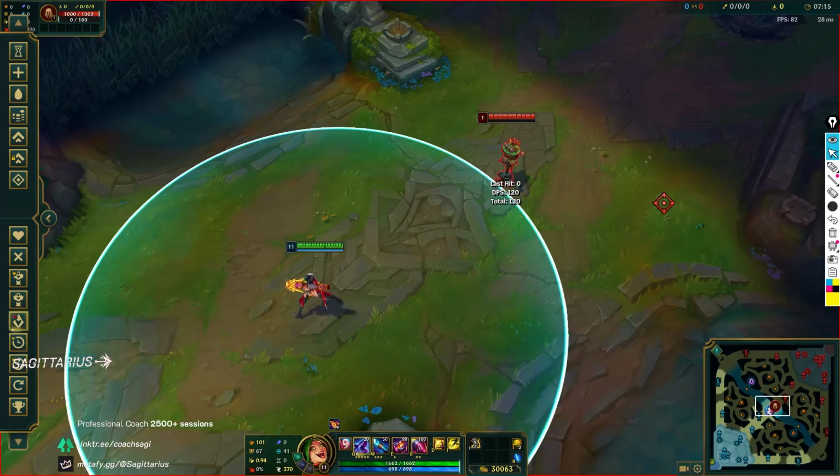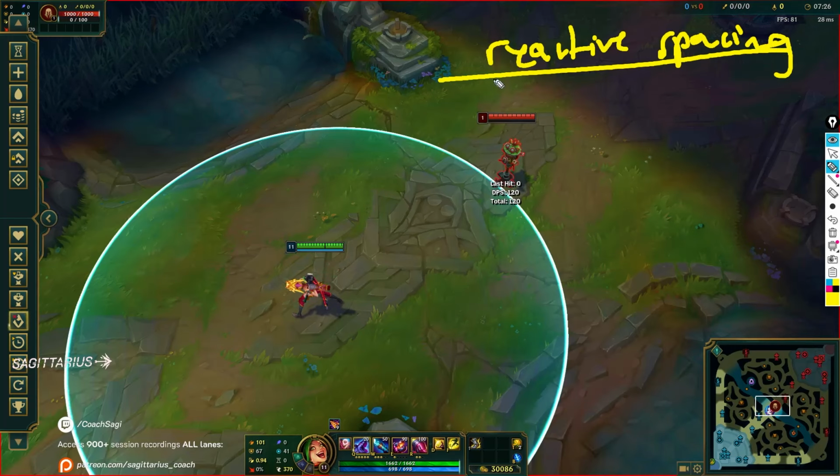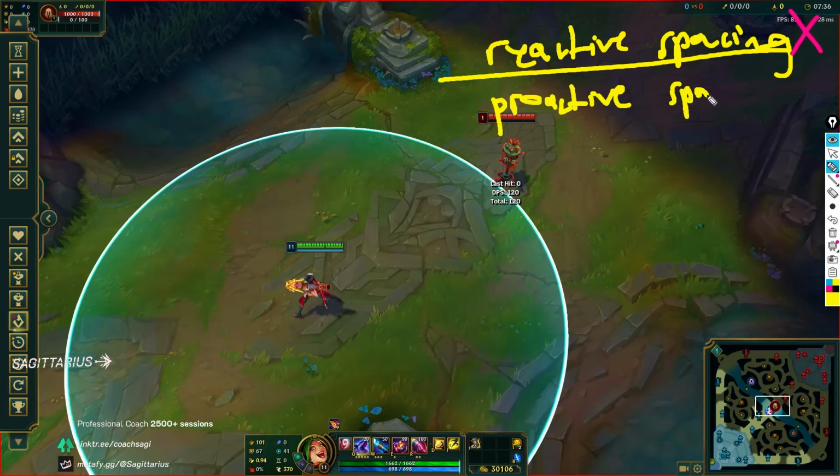So if you react, that's what we call reactive spacing, and that's wrong. Reactive spacing is super wrong and you don't want to do it. And this is what you're doing right now. This is bad. So what you want to do instead is preemptive spacing or proactive spacing, which means after most